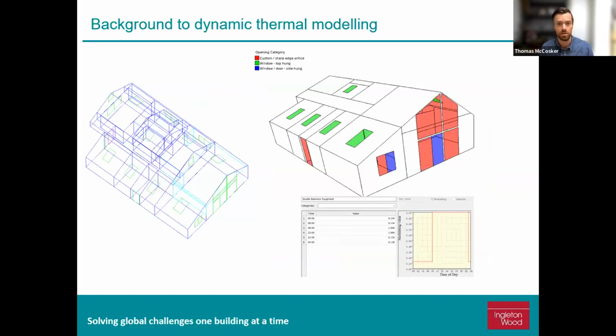So here we have a couple of screenshots of what a dynamic thermal model might look like. We've got some glazing assignments. We've got the general geometry on the left, and then we have profiles. That's something that doesn't come into the consideration in the simple method. On top of this, internal gains have those dynamic gains to make sure that the solar gain that Jason was talking about isn't getting augmented and bolstered by an internal gain, like a kitchen that's being used in the afternoon as the western sunlight is pouring into a lovely kitchen.